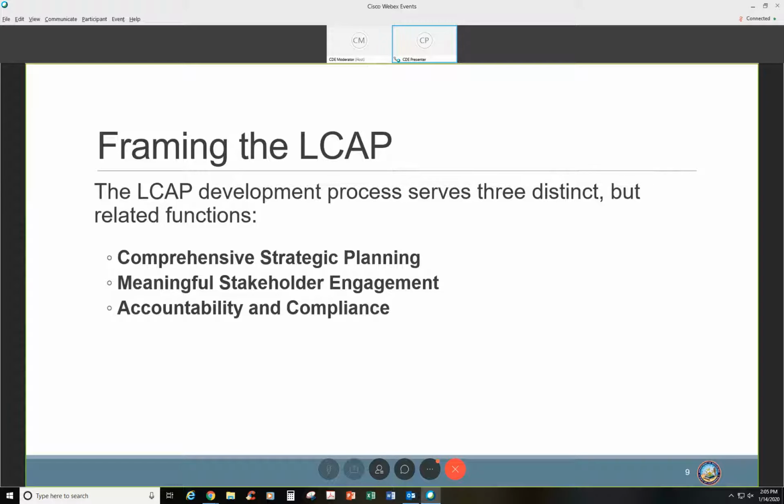It also is really a vehicle, in the process of developing the LCAP, for meaningful stakeholder engagement. And Lydia will speak of that later during this presentation, but really stakeholder engagement was high on the radar, if you will, of the state board, and also during public comment and feedback throughout this whole process. And then obviously accountability and compliance. Accountability: how are you doing with your students and meeting the students' needs and improving student outcomes? And of course, with any document, there are some guidelines and parameters and rules that one must follow, and that is there with that compliance aspect.